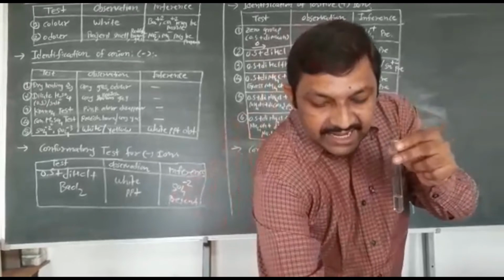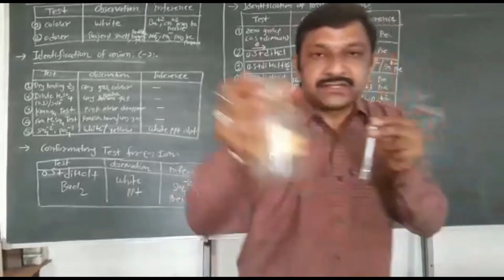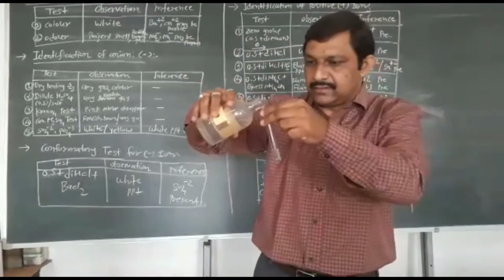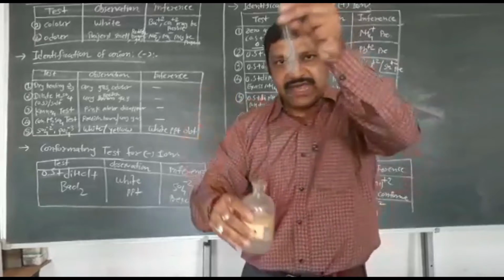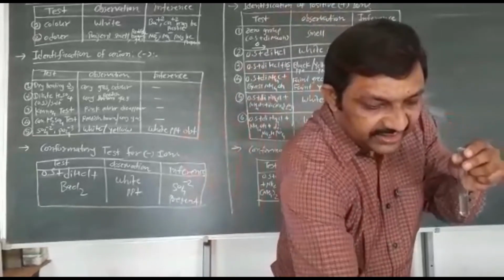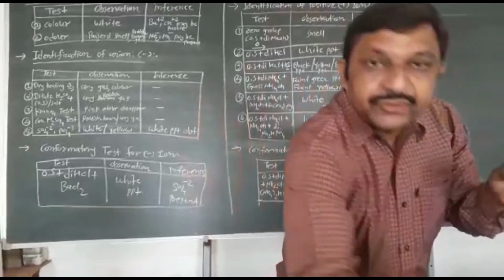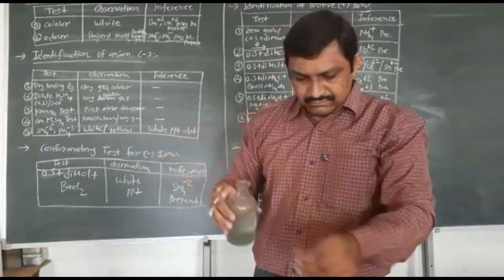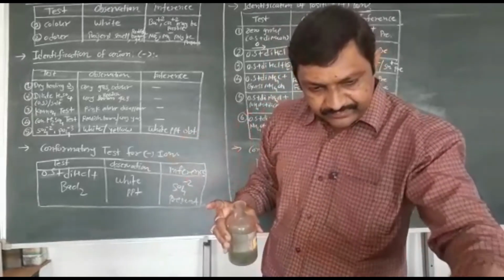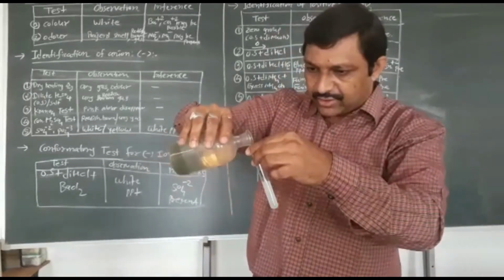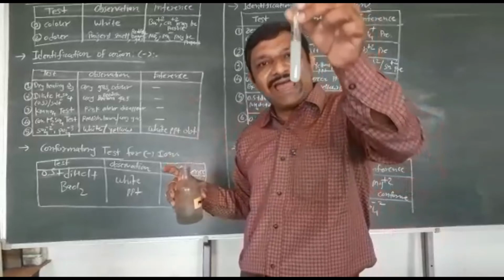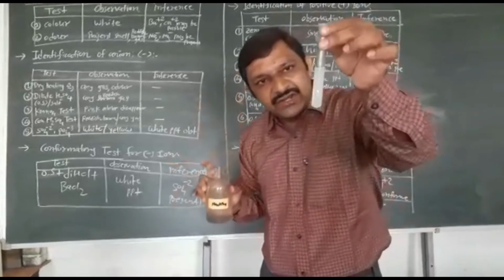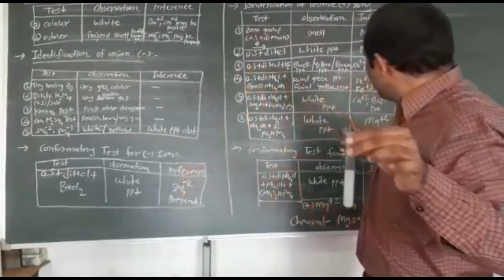Okay. Then I am adding NH4OH. Here is NH4OH, and finally I will add Na2HPO4. So I will add HPO4. Then you will get white precipitates again. Here is Na2HPO4. Okay, and you will get white precipitates as Mg plus 2.